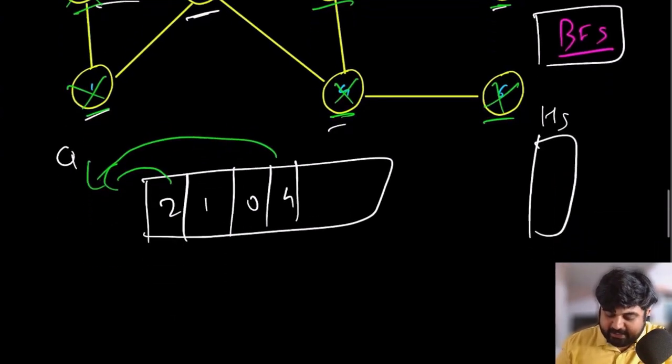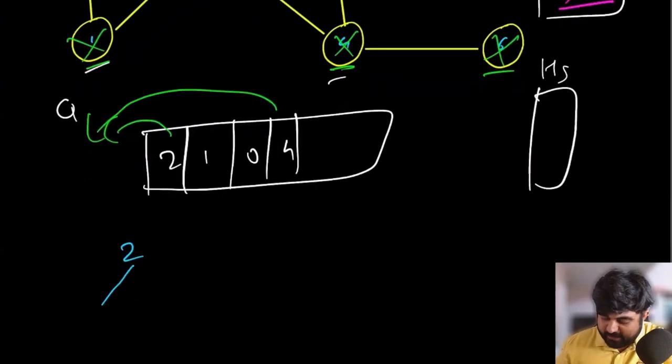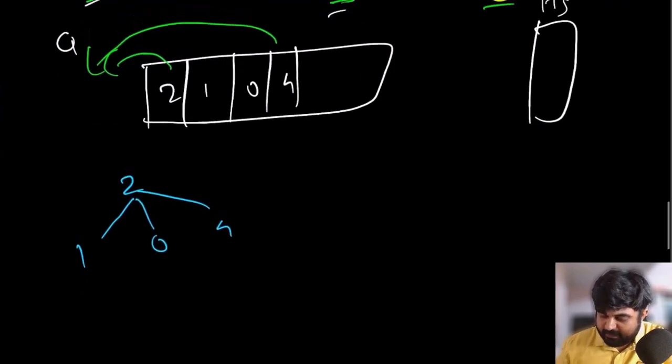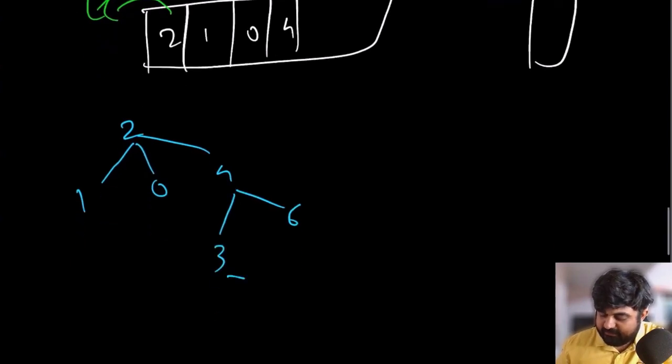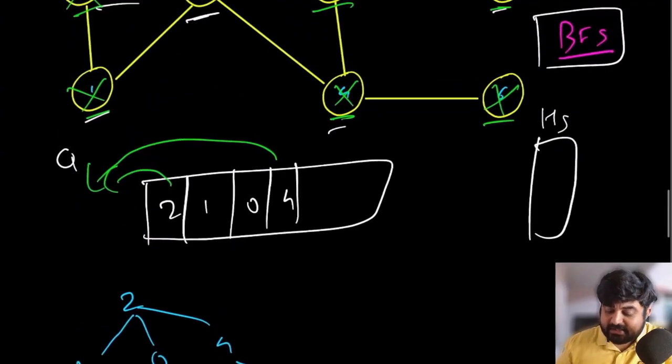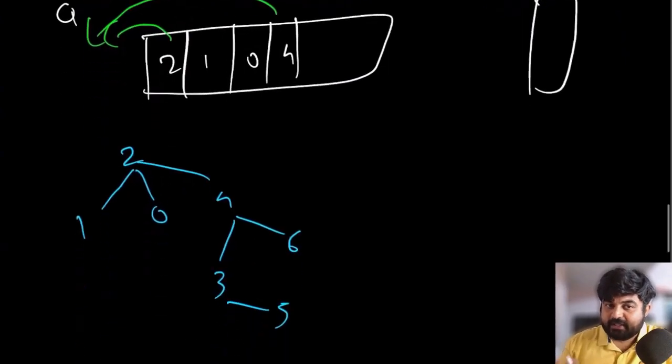and at the same time we are going to plot the path. So from 2 we have 3 possibilities. First possibility is value number 1, second one was 0, and third one was 4. Again from 4 we had 2 possibilities. 4 had the value as 6 and 3, and from this 3 we had the possibility of value number 5. I'm just explaining this tree from this graph just for pictorial representation. Don't think that we are going to create a new tree like that, but I'm just showing you how different paths are being navigated using breadth first search.